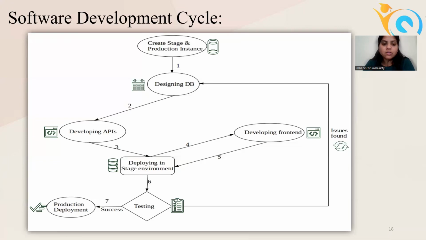After that, testing is done in the stage environment, and if and only if all the features are working fine as expected, then we'll go to production. Otherwise, we'll recheck from the database if anything is going wrong because of bugs or issues. So this is the software development cycle we are following.